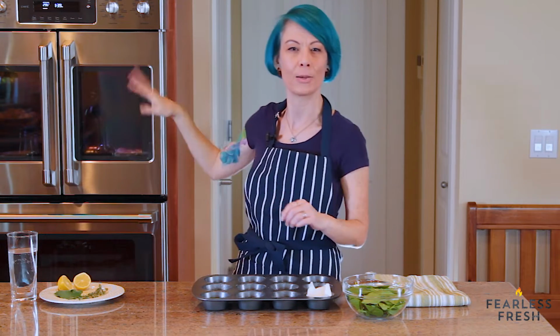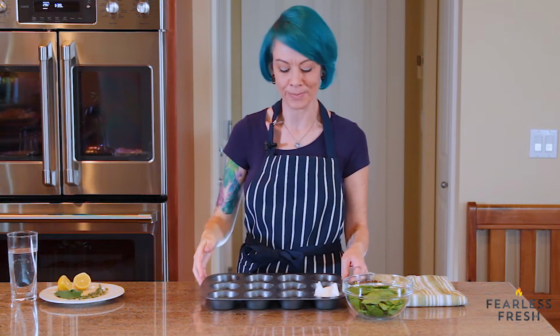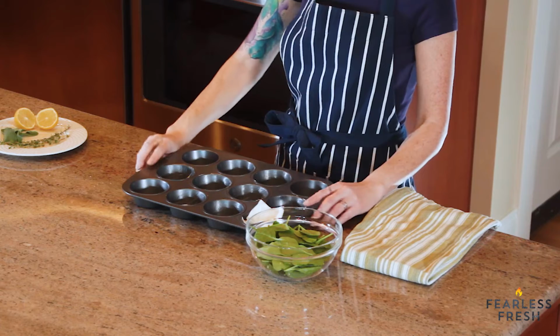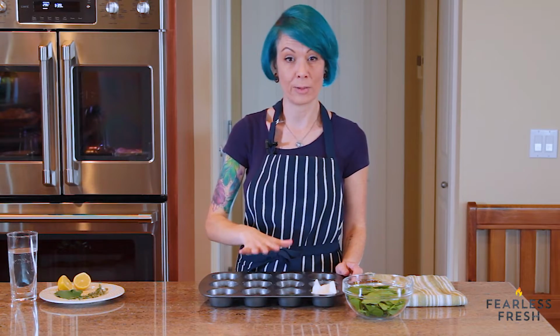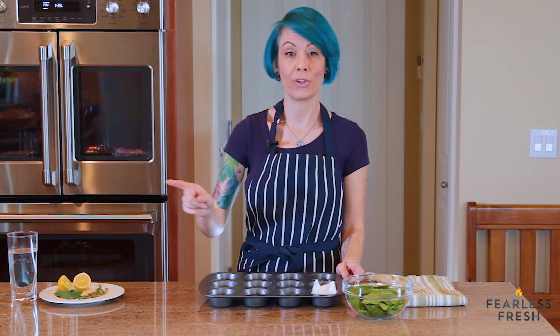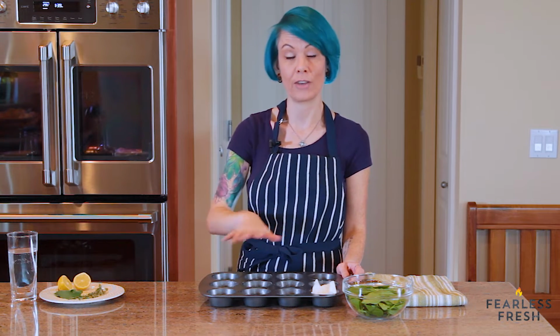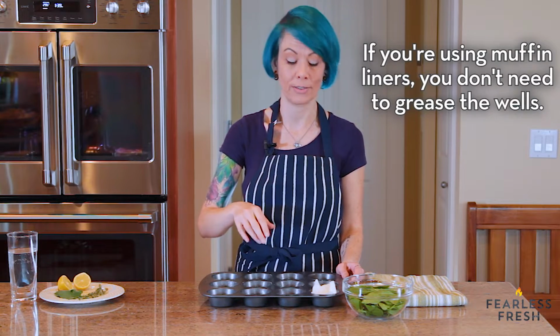If you hear beeping and clicking behind me, it's the oven coming to temperature and its thermostat turning on and off. So next what we need to do is prepare our muffin tin, right? So we've got our muffin tin. This is a non-stick muffin tin. Remember what I said earlier, you need a non-stick muffin tin. Or if you're using a regular muffin tin that does not have a non-stick coating, you need to use cupcake cups, the little paper liners, because you will not get the eggs out of there no matter how much